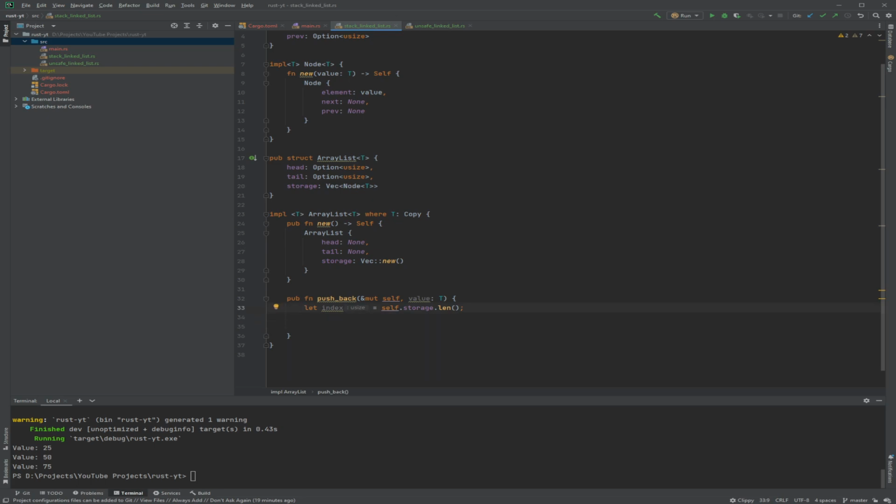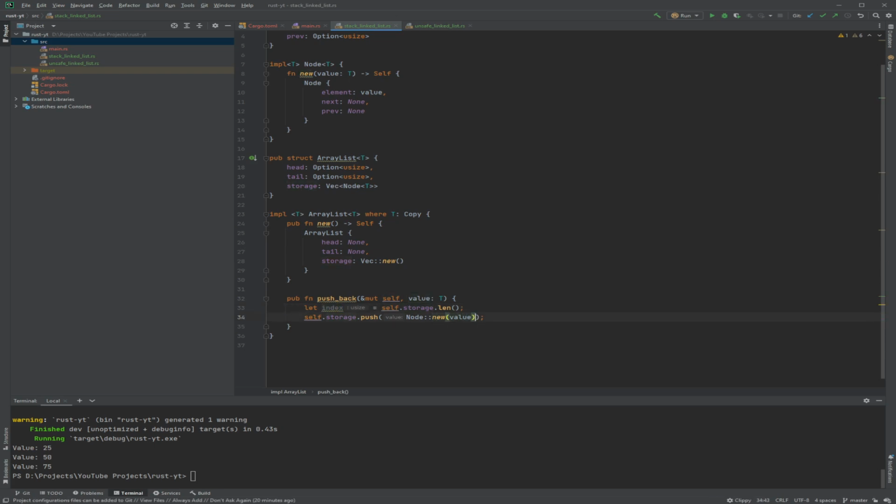Because it's one off. Because if you have 5 elements, the last element is the 4th one, but this will give you 5 because we're going to add an element. So once we push this, now this new node has this index.